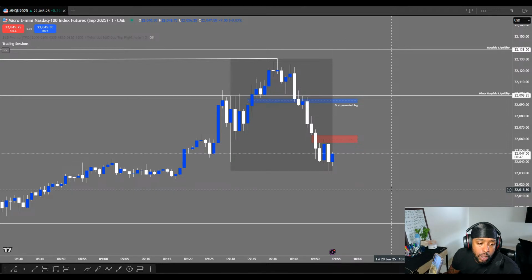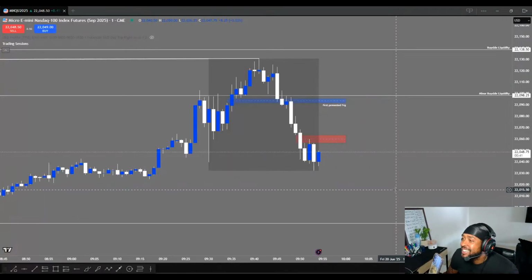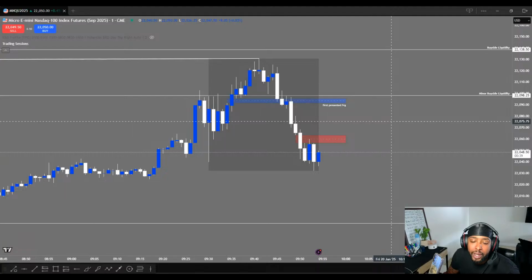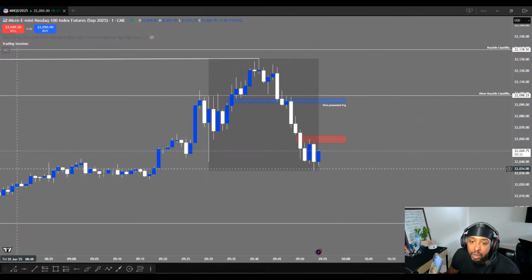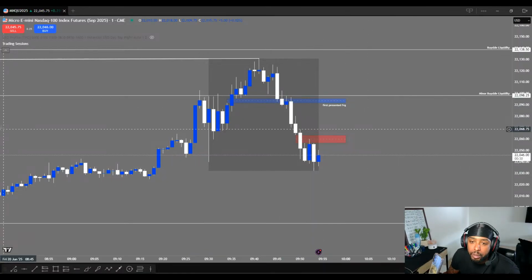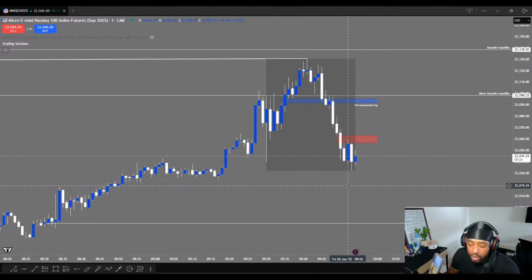He said, now we can wait for a correction, then answer off the confluence again. Facts. Hey, boy, you know a little something. So we got a 5-minute fair value gap in this zone. So in this zone, it's a 5-minute fair value gap. It still got 30 seconds before it's created.